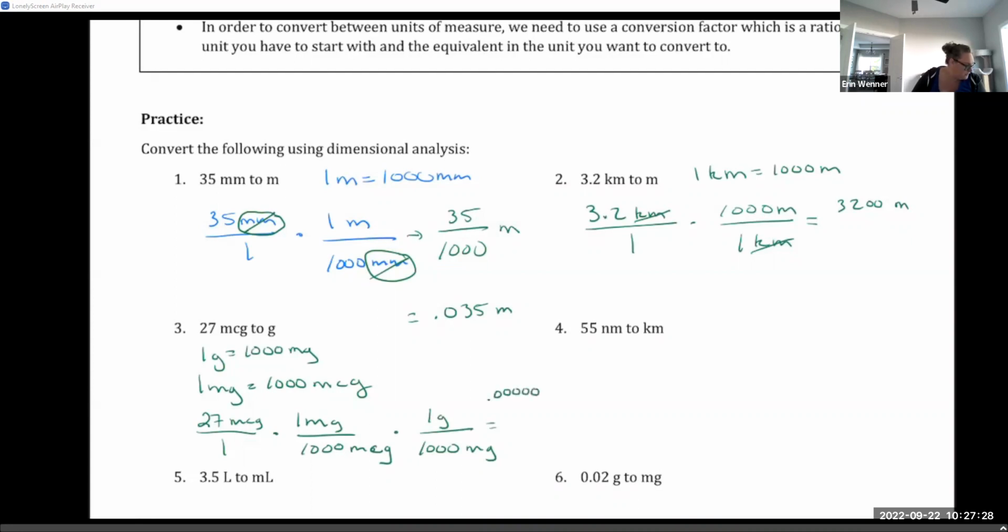0.00000. Oops, do I have too many zeros there? I do have too many zeros there. There we go. 27